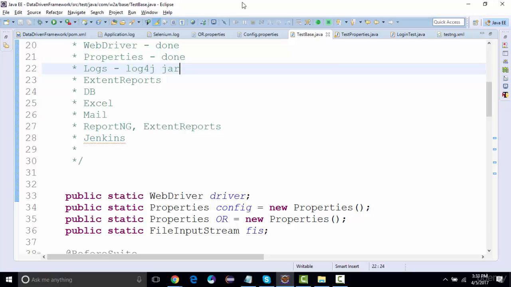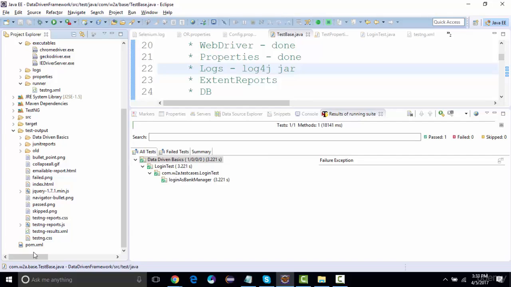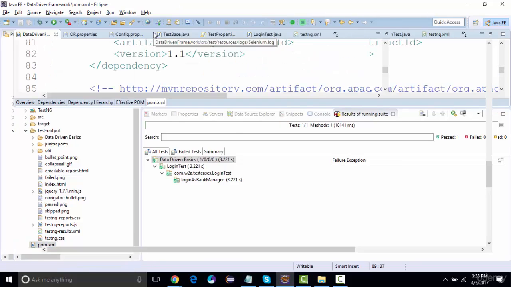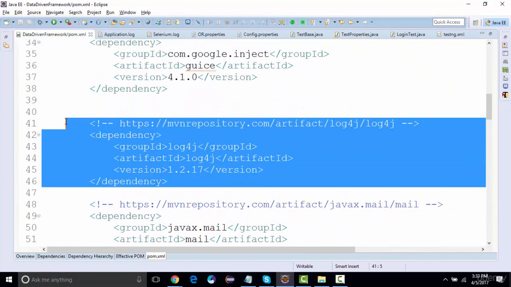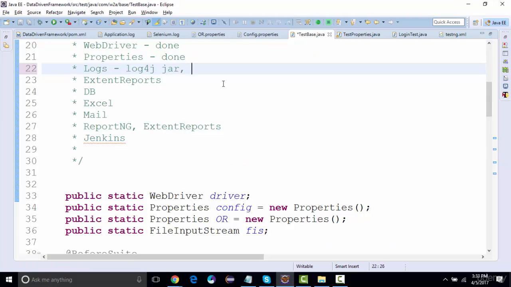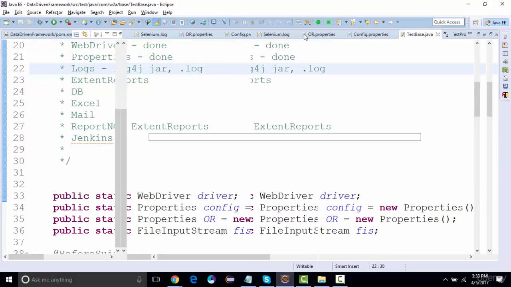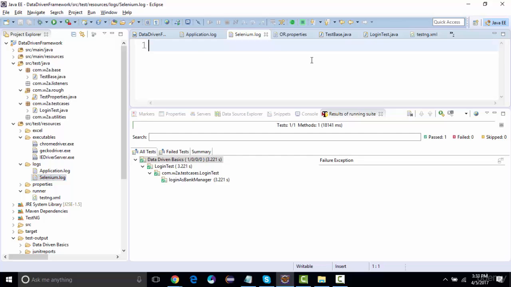So log4j jar file we have already added into our pom.xml, right? So this is the log4j initially we have added over here. You can get it from MVN repository. And after adding this, you need two log files. One is application log, one is Selenium log, right? That we have already added. In application, we'll be adding the manual logs, and in Selenium, it will be auto-generated logs for our